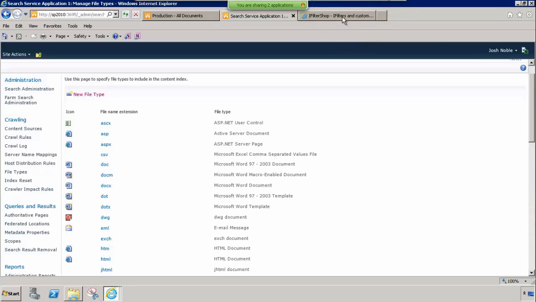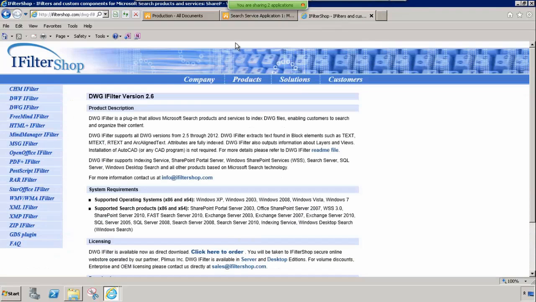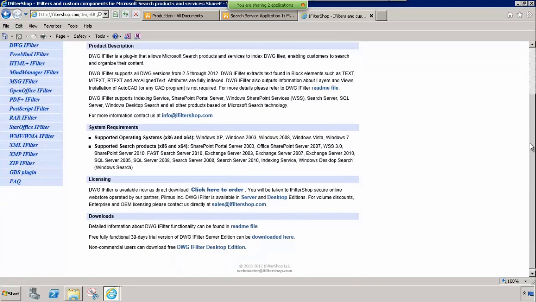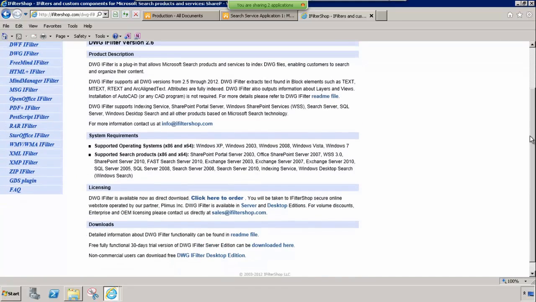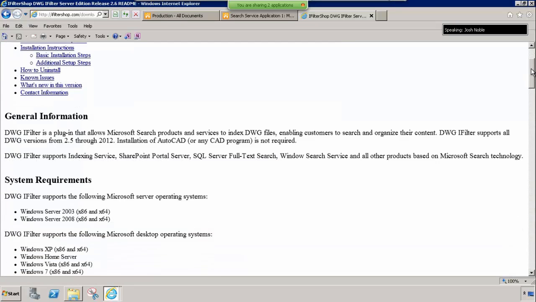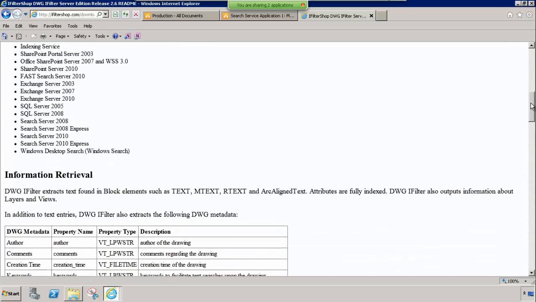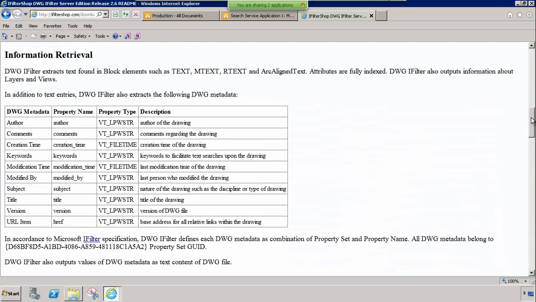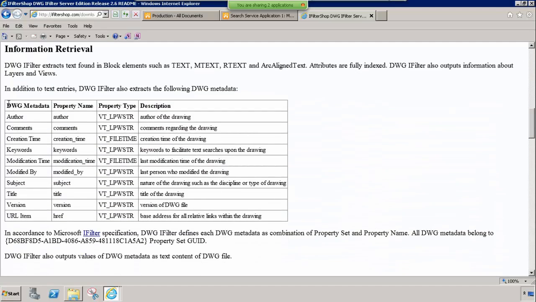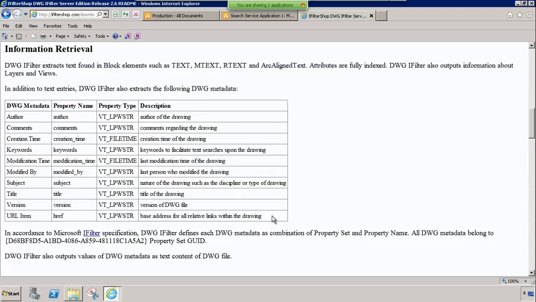They're fairly simple in concept, but the one I would recommend using is just this one at iFilter Shop. It's fairly cheap, and you can deploy that and it will then look within the content of the document. It'll actually pull out some additional properties that you're not able to find by default. I feel like I need a commission from iFilter Shop on this one. So when it's going and looking within the document, now it's going to look for some additional file type or